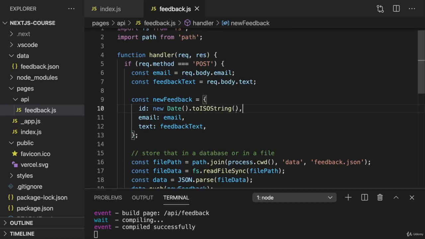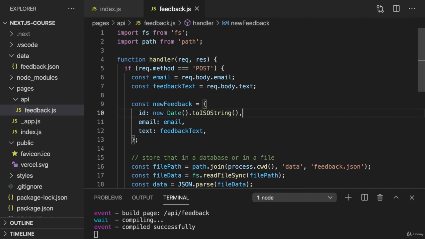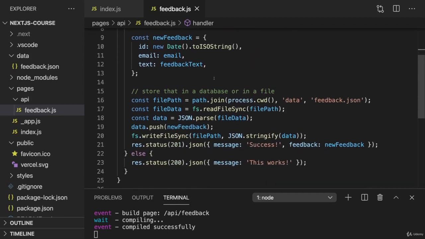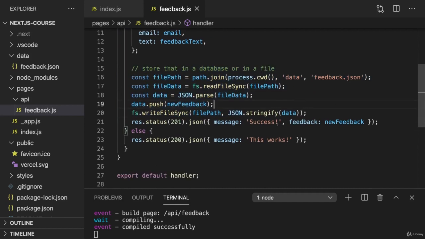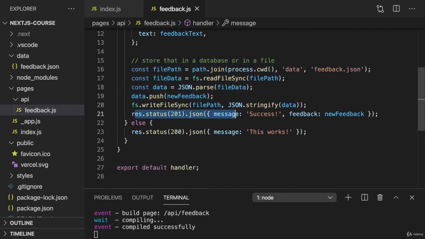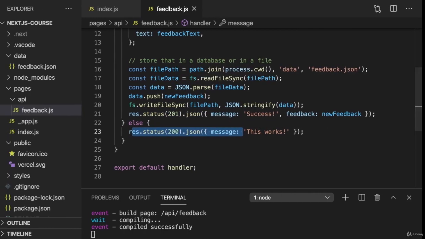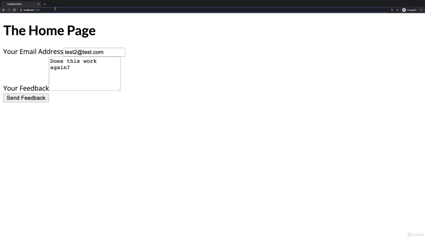Okay, so now we know what API routes are, that we can write server-side code there, Node.js code to be specific, that we can handle different kinds of requests, that we can extract data and then run any kind of Node.js code we want. We can then also send back a response or different responses depending on the kind of request sent. So for example, if I still enter a request and send it to